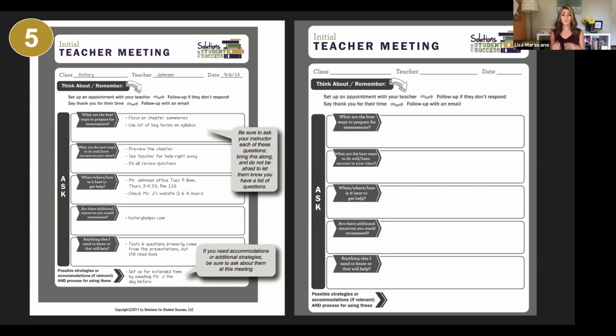Write those notes down and put them on your big chart, because you're going to then know ways that you can be successful. And a lot of times when you do these one-on-one meetings, teachers, you would be surprised or not maybe how much information they're willing to give away that they maybe just forgot to tell the class. Like, oh yeah, don't forget guys, I actually take most of my test questions from the book and not the PowerPoints, or vice versa. Really, you should focus on the PowerPoints for those tests. The book is nice, you should read it, but I get all my questions from my PowerPoint slides or Google Slides. So if you go in one-on-one and you just take a few minutes to just ask your teacher these questions, you'd be surprised at what great information that you might get that's going to help you to be more successful.